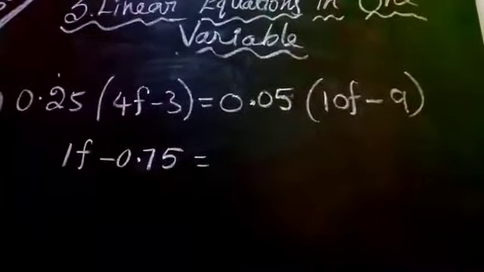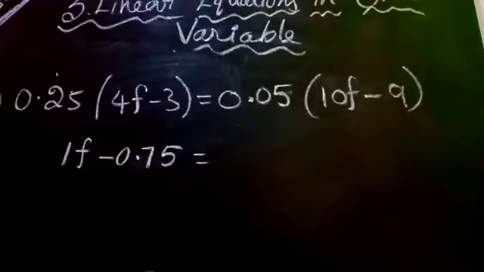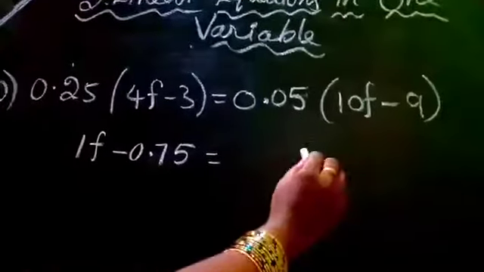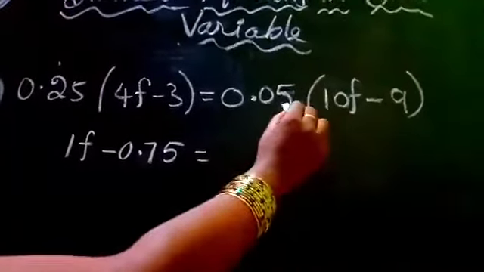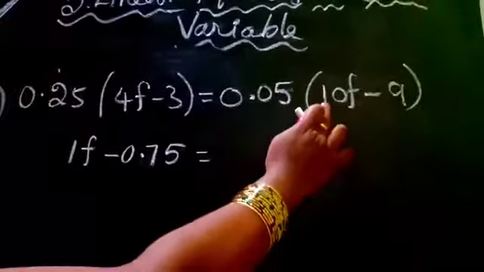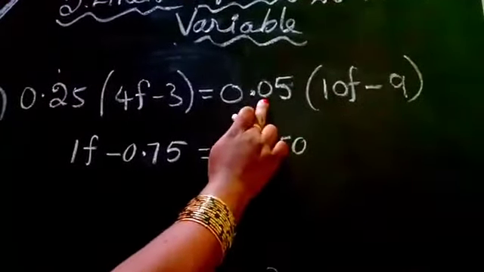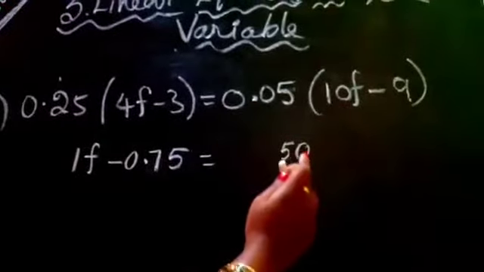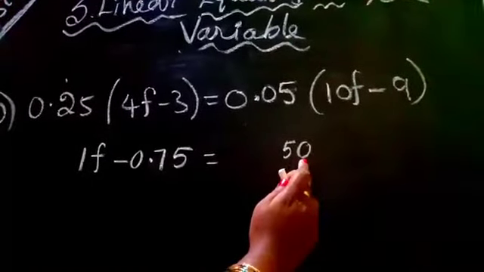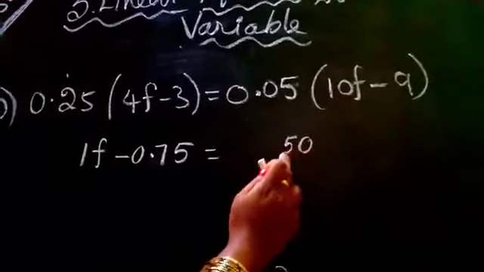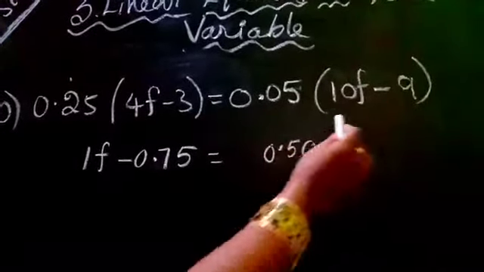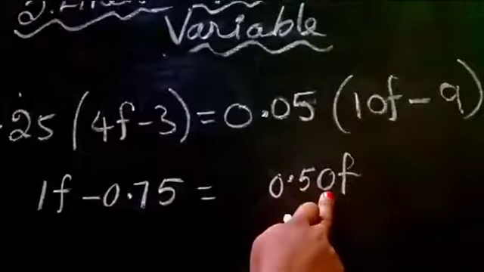here 0.05 we have to multiply with 10. With 10, 100 and all, if you multiply any numbers, we have to write that many 0s. Like that, 1 into 5, 5. 1 into 0, 0. So 1, 2 digits before we have the point here. Same way we have to keep the point 2 digits before. So 1, 2, here we have to keep the point. So we have 0.5 into f.